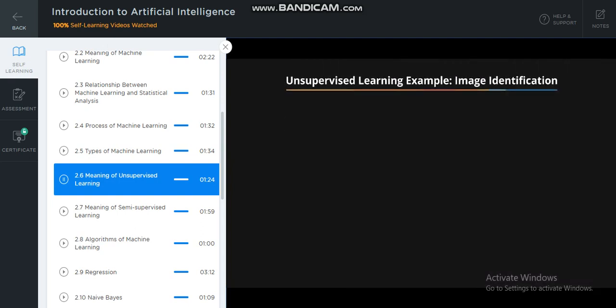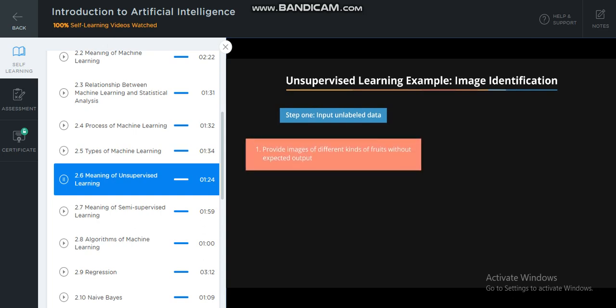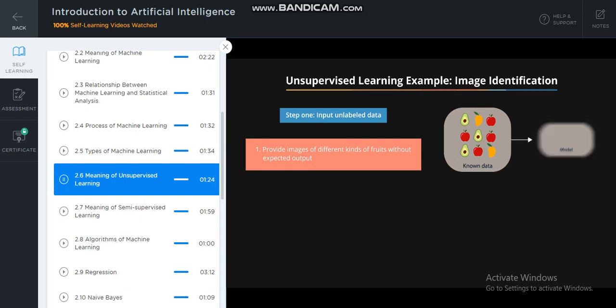Let's consider an example for unsupervised learning. In step 1, we provide the system with data that contains photos of different kinds of fruits and ask it to divide it. In this case, we have not labeled the output data nor specified what the output data will or should be called.